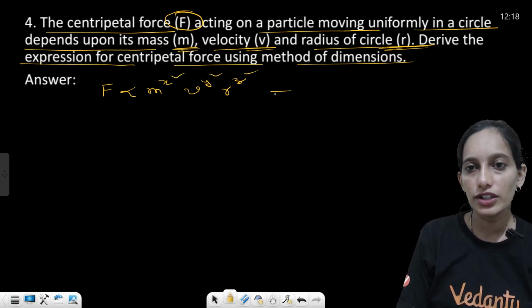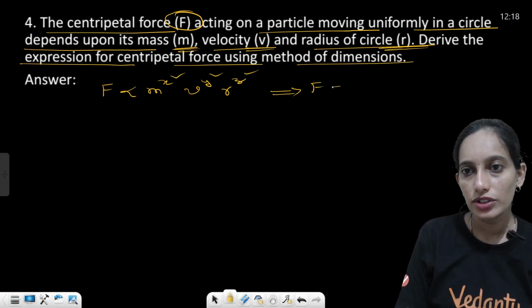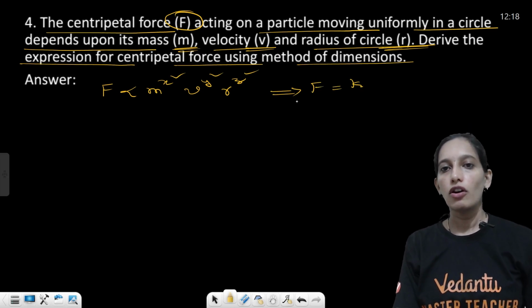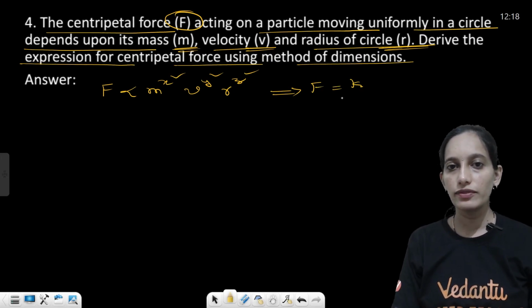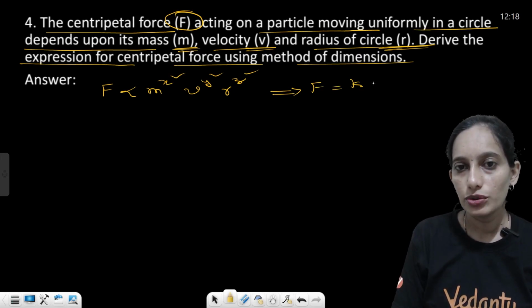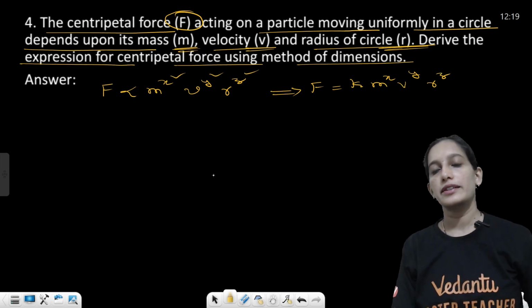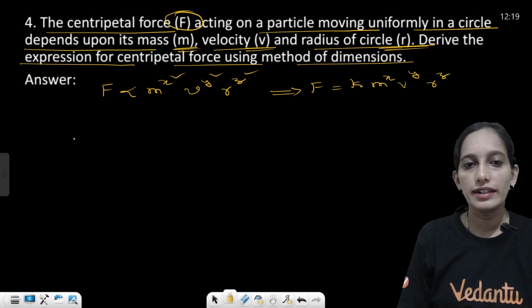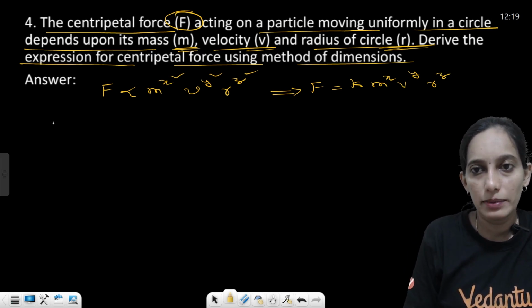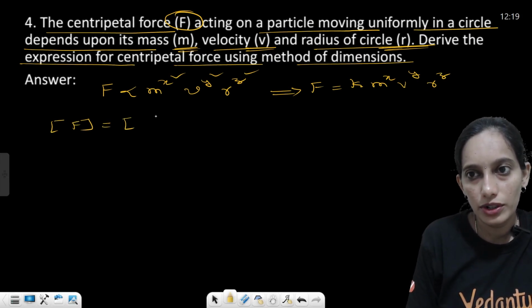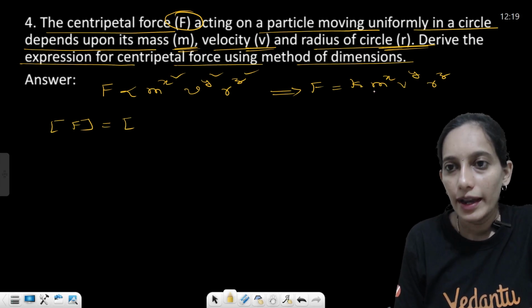Or in equation form, what do we do? We just write force F is equal to some constant of proportionality that we introduce. So F is equal to K into m raised to x, v raised to y, r raised to z. Okay, yeah. So now let us write in dimensional notations. So we can say the dimension of force F must be equal to the dimension of m raised to x